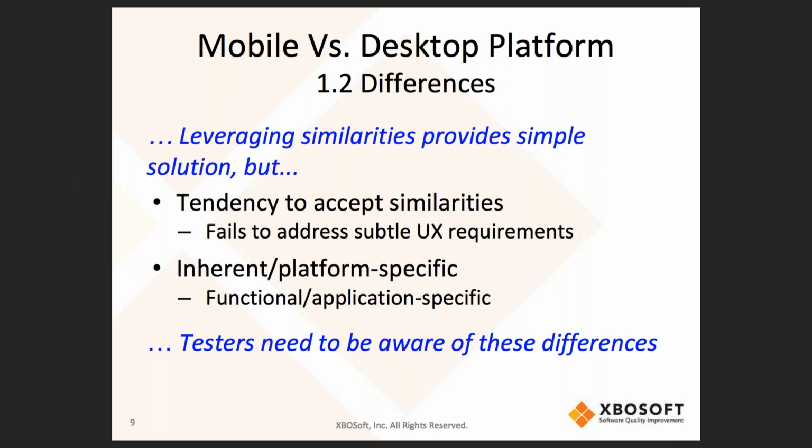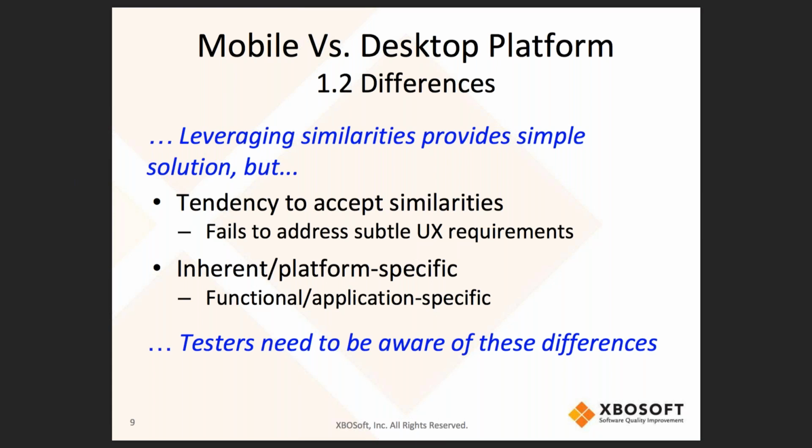However, there's a tendency to accept similarities that aren't quite appropriate for, let's say, a user experience that might occur on a mobile phone. You could have a desktop with a button, and then you go and render it on the mobile phone, and it's a little bit small. But if you can reuse the code base, reuse the way it's displayed, and not have to recode it, then you might think it's okay. But in fact, it might lend itself to being a poor user experience because it's just a bit too small.